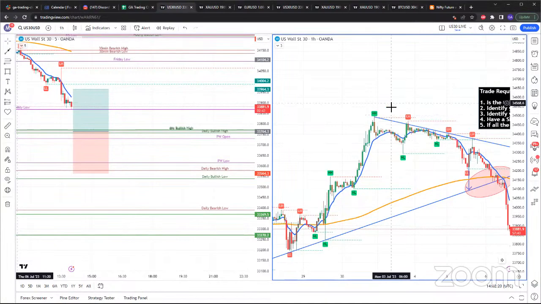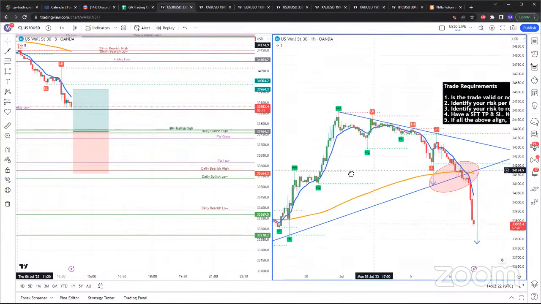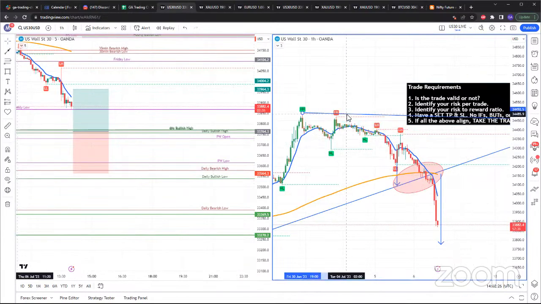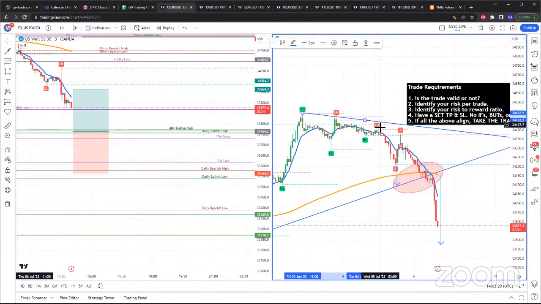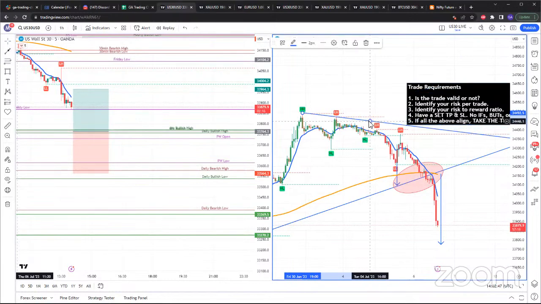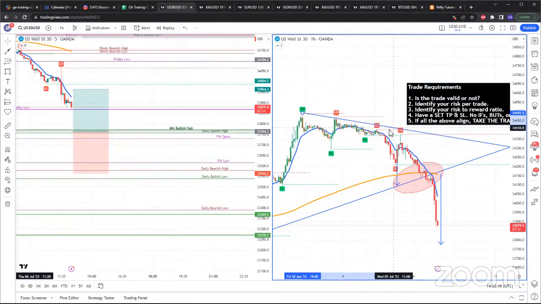So the other rule of thumb, for me, this trend line right here, I could have easily drawn it from this higher high to this lower high. But if you do it this way, you're meeting this lower high. So this is what I mean. It does not have to touch all 3 points. When I was drawing it yesterday, I had this higher high, this lower high, and this lower high. I could have just drawn it from this higher high to this lower high. But the reason I drew it from this higher high to the second lower high,